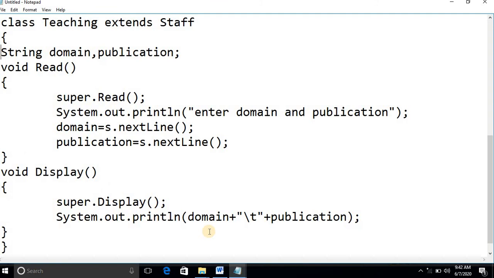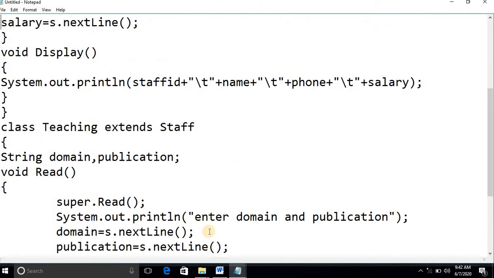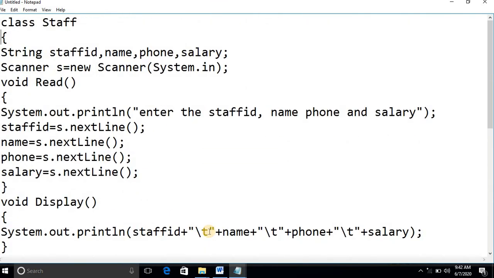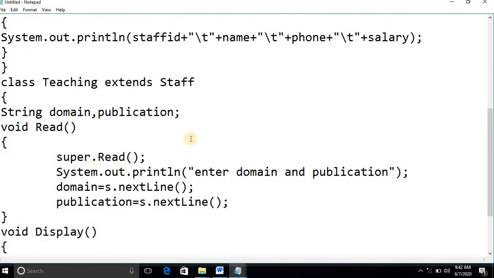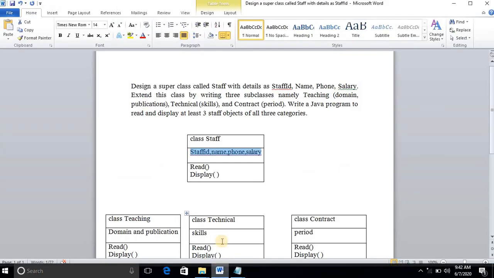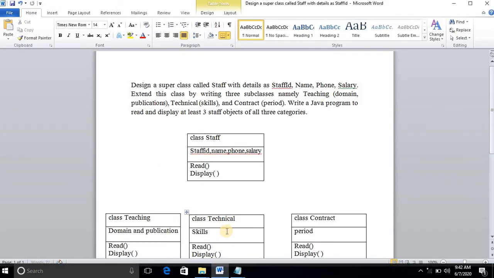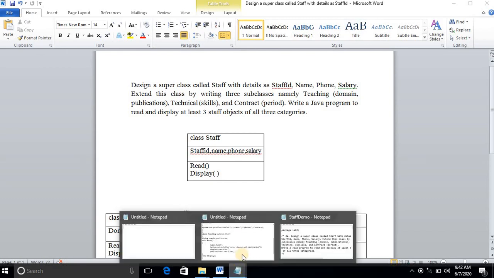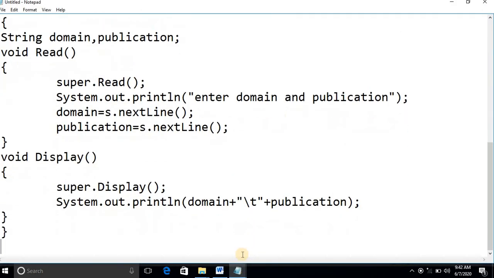Now if you have understood this, the code might look lengthy, but it is very easy. So if you understood how to define class teaching extends staff, the same thing you have to use for class technical. So what will you do for class technical here? Can you all guess, the same way as teaching, what you should do here?